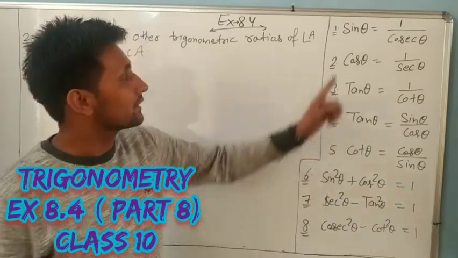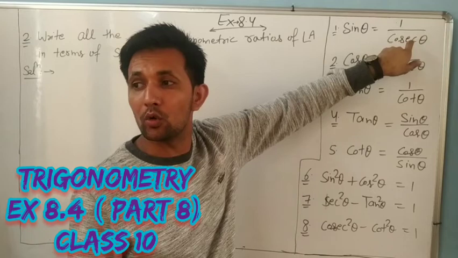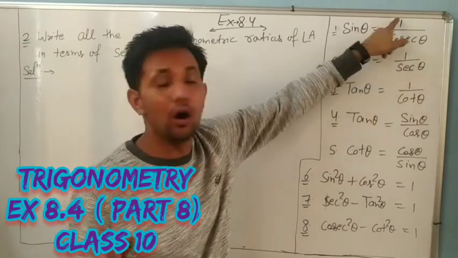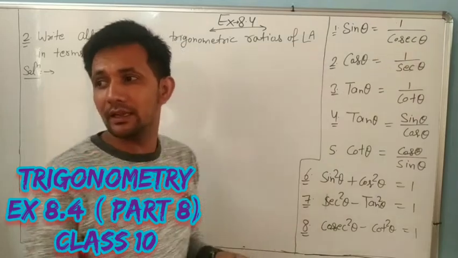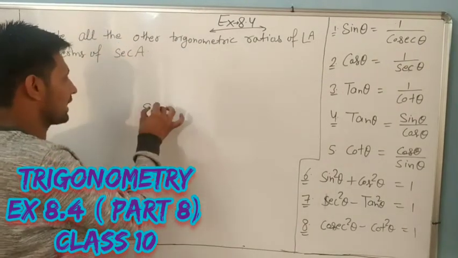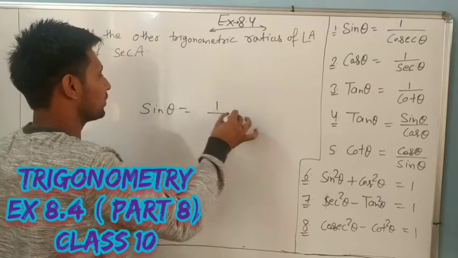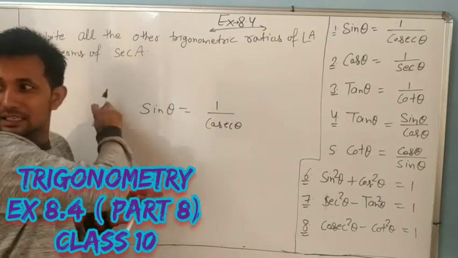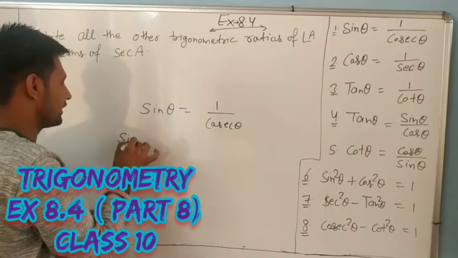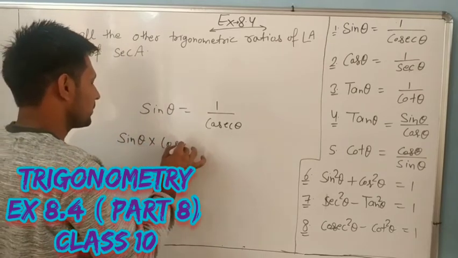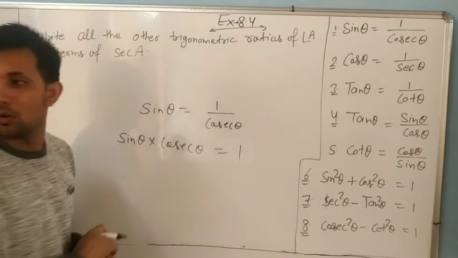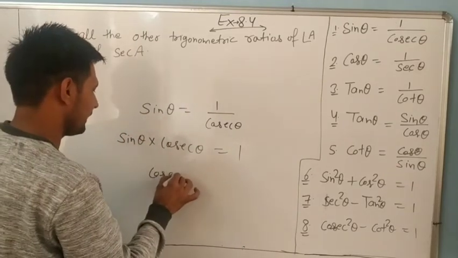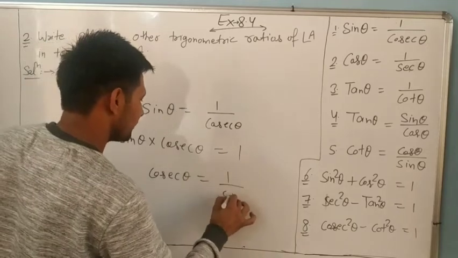Okay dear. Sin theta is equal to 1 by cosec theta. Or are both opposite or not? Cosec is equal to 1 upon sin. It's good. Sin theta equal to 1 by cosec theta. What is divided on one side goes to the other side as multiply. So sin theta multiply cosec theta equal to 1. Sin theta multiply on one side, divide on the other side. So always remember like this.